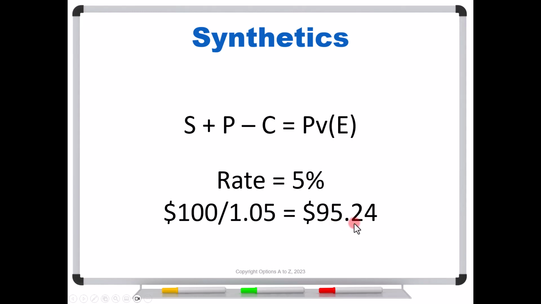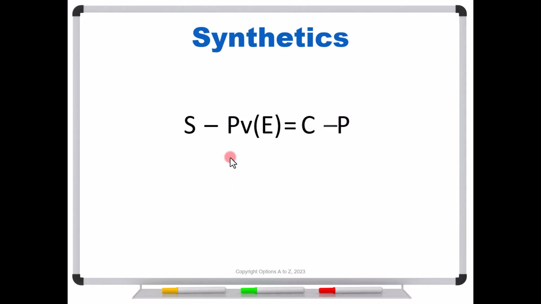So what we're going to do is flip this equation around so that we get the call and the put on the right-hand side. And that's how we're going to figure it out. We're going to look at the difference between the call and the put. To do that, we need to subtract the present value of the exercise price, bring that over. So when we're all done, we get this: stock minus the bond, let's call it, or our bank CD,